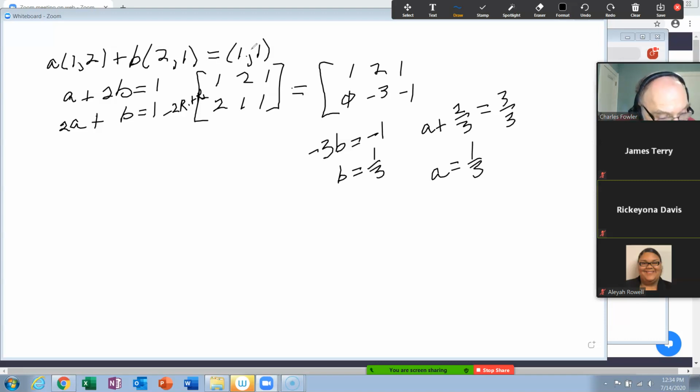Number 4, is every vector in R2 a linear combination of the vectors (1, -2) and (-2, 1)? And the answer is yes, because those are linearly independent of each other. Now, how can you tell? Do your determinant, and you get 1 plus 4 is 5. It's not 0. So if the determinant was 0, then they are linearly dependent on each other. If they're not, you got it. So anyway, that was the discovery.